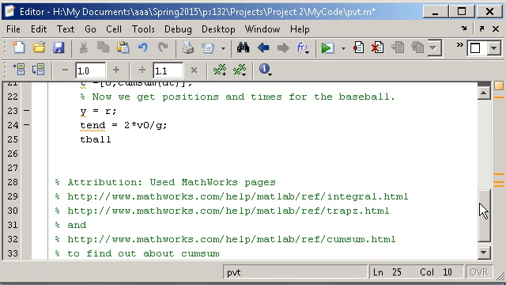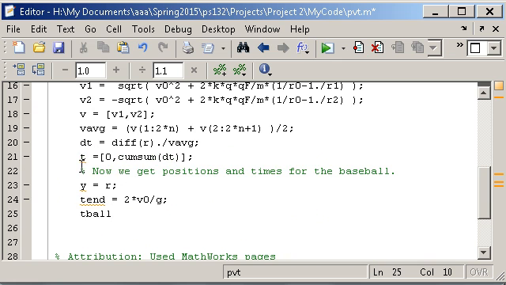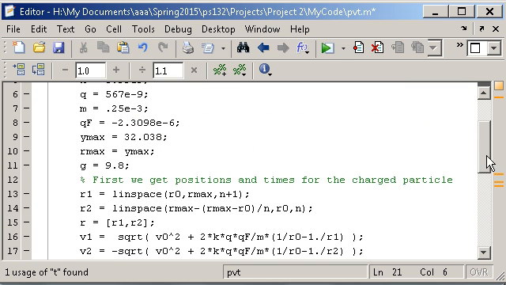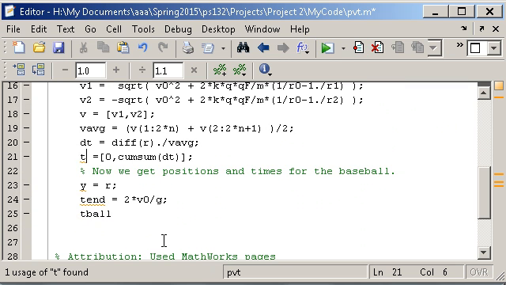I use t itself for, let's go with t particle. I think I'll just use t for the particle, so we know it's for the charge particle because we're working on the charge particle. Here, working on the ball. I'm going to call it t ball though because I gotta have them both. T ball